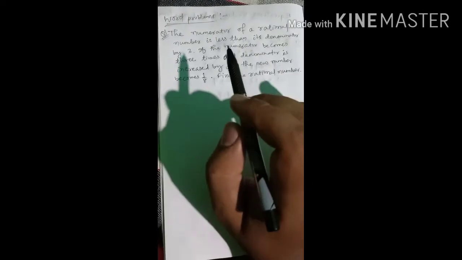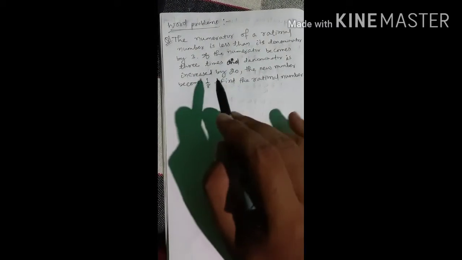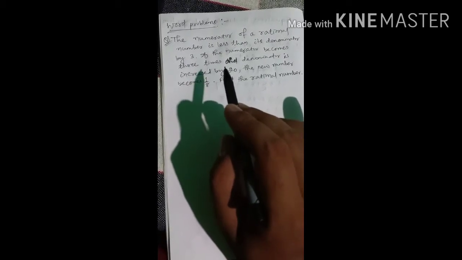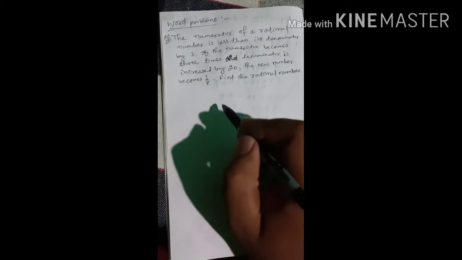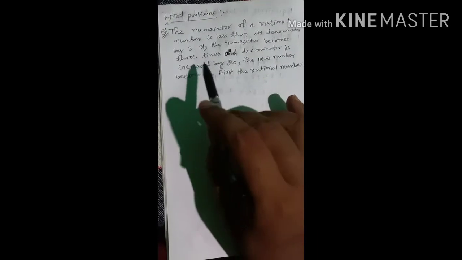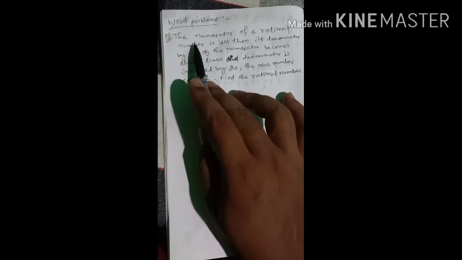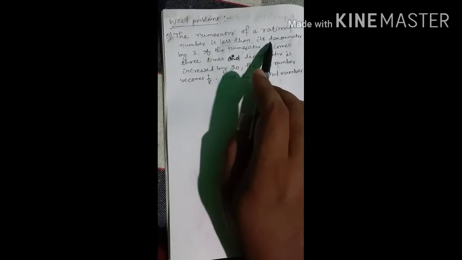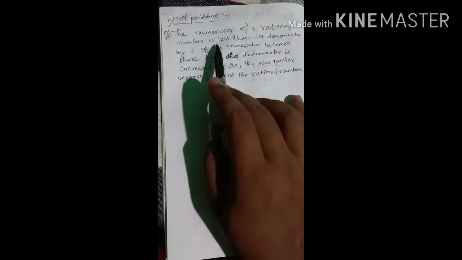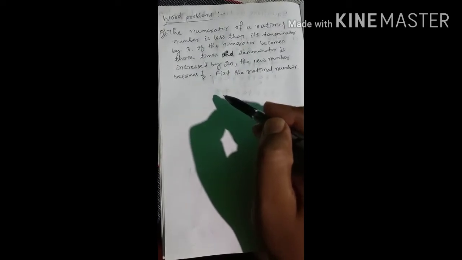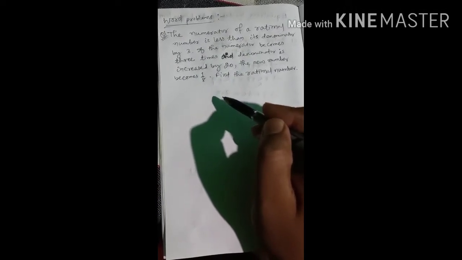Rational number क्या है निकालना है हमें. So before going to solve this, first of all we have to understand the question properly. Then we can solve it. So what is the question about? Read the first statement: the numerator of a rational number. एक रैशनल नंबर का, रैशनल नंबर किसे कहते हैं? जो भी नंबर p by q फॉर्म में रहता है, where q is not equal to 0, that type of number can be called a rational number.